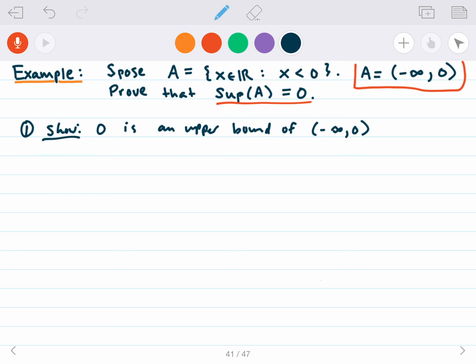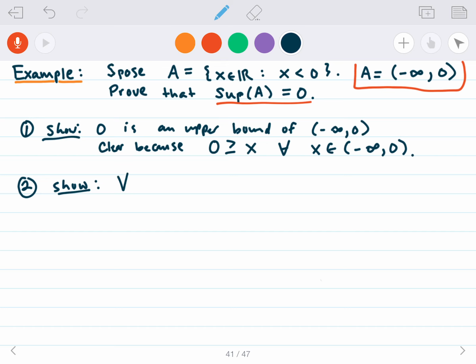And I think this is clear because just by the definition of the set, we know that 0 is an upper bound of -infinity to 0. So in other words, 0 is going to be greater than or equal to x for all x in -infinity up to 0, but not including 0. So that's just definition stuff. And the second thing we need to show